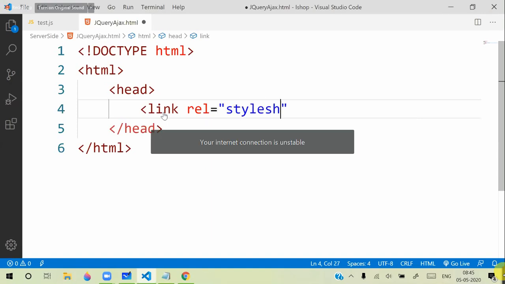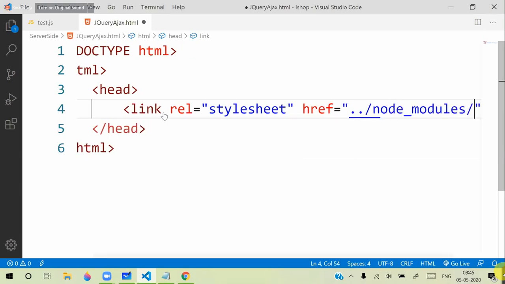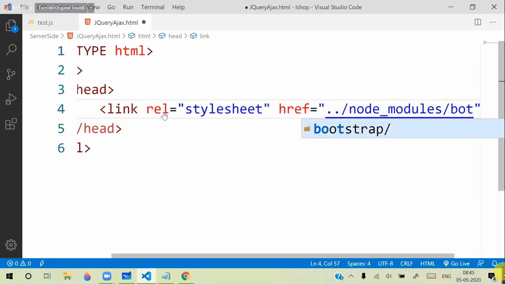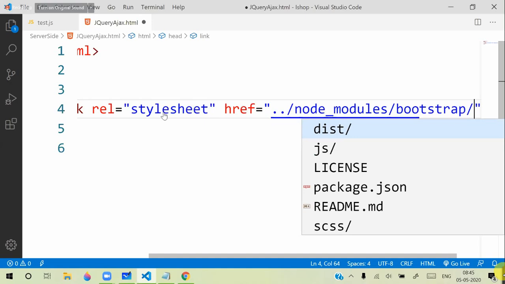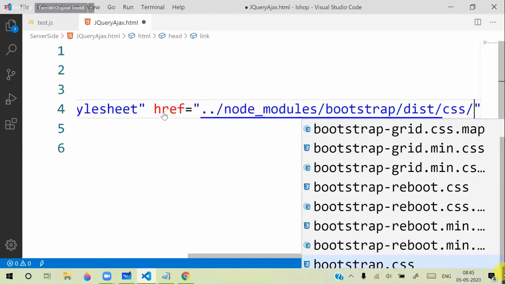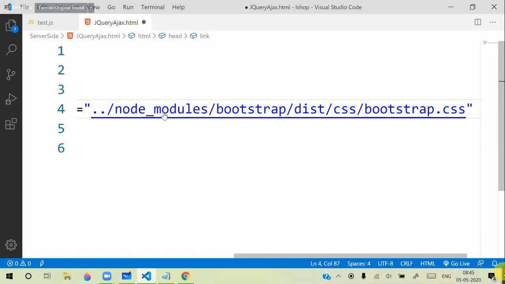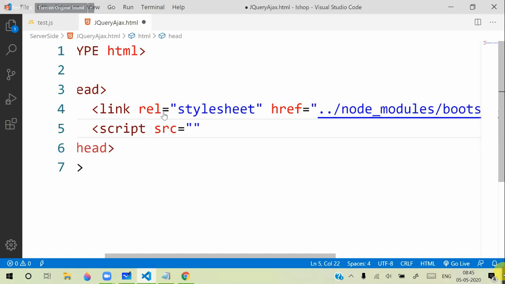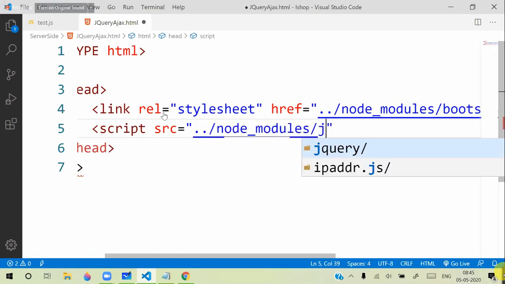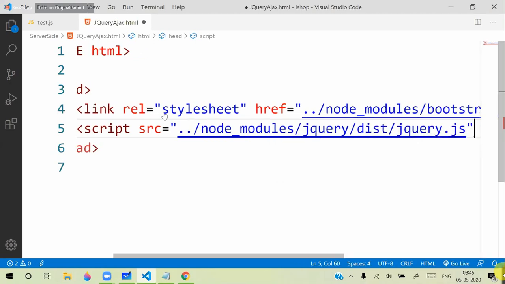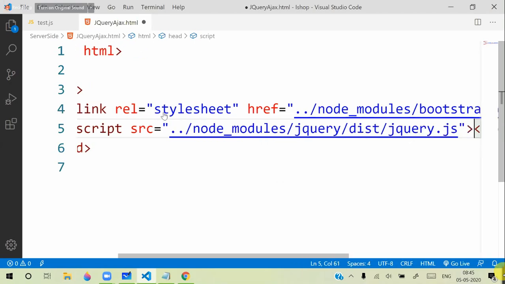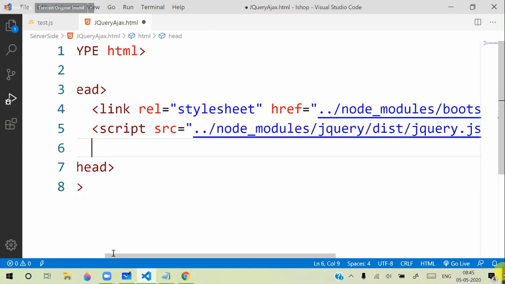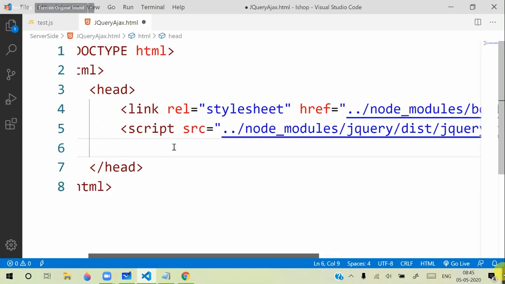Style sheet. And href is node_modules, bootstrap, dist, css, bootstrap.css. Okay, fine. Next we need jQuery. Script source is equal to node_modules, jQuery, dist, jQuery.js. Okay, jQuery is also ready. Now I will design a table